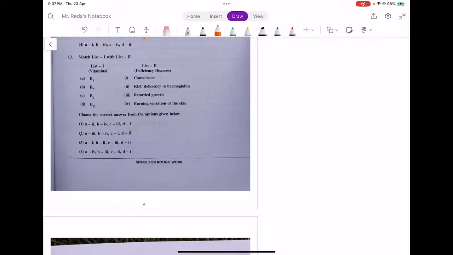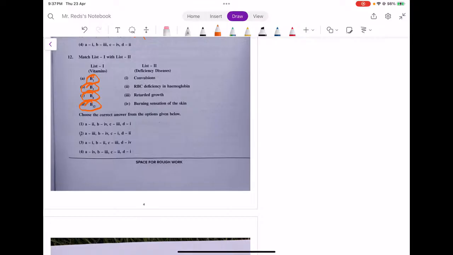Now I am going to give the chemical names for the vitamins. What is the chemical name for B1? Thiamine. What is the chemical name for B2? Riboflavin. What is the chemical name for B6? Pyridoxine. What is the chemical name for B12? Cyanocobalamin. If you don't know the deficiency diseases for all these vitamins, by knowing one vitamin's deficiency disease, you can